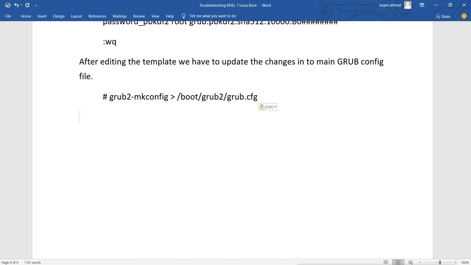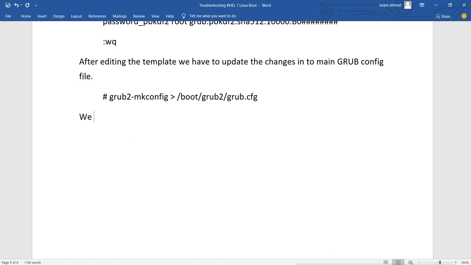We have a specific command for adding the password to Grub, so you don't have to do all these things manually. We can directly use the command to add the password into our Grub.